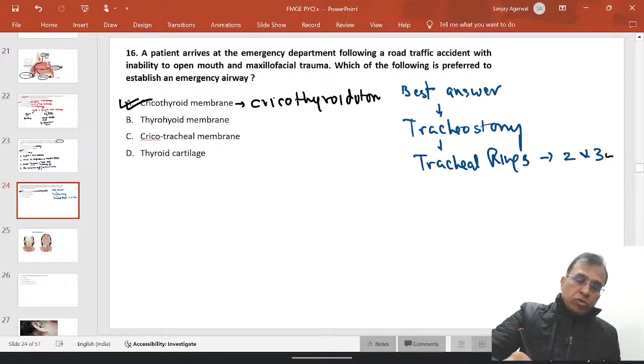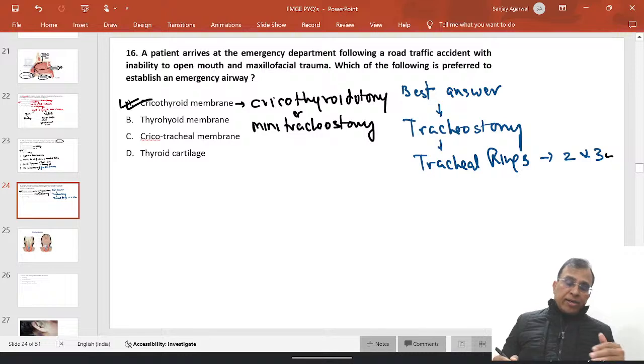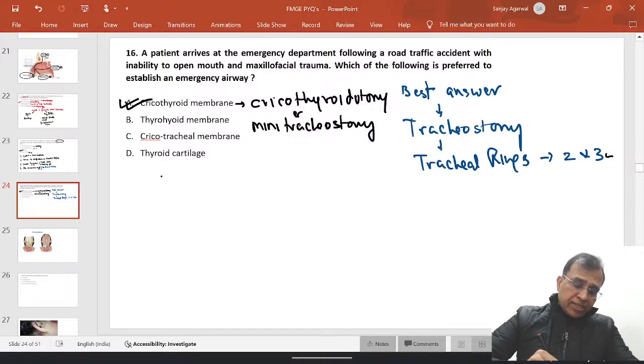The process is called cricothyroidotomy, also called mini tracheostomy. Right. So this is your correct answer, and the rest of them are never used for establishing an airway. That means if somebody needs an emergency airway,